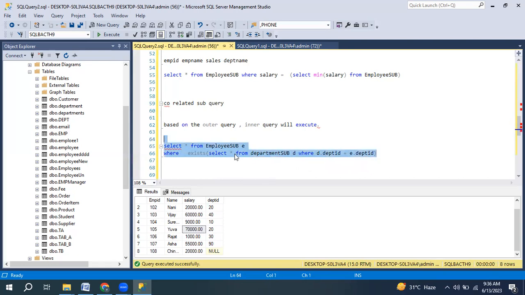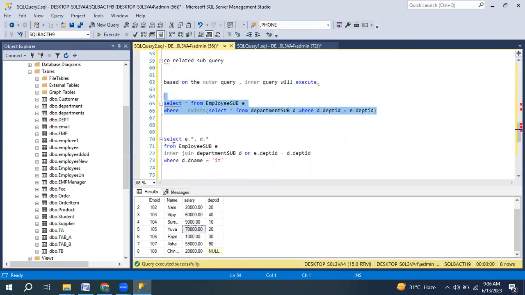So in that situation, I can write it like this. The same thing we can do with joins as well, but this is one approach. If you have huge data, then this will give a good result set, the quickest way it will execute. If we have less data, joins will give good performance. Okay,